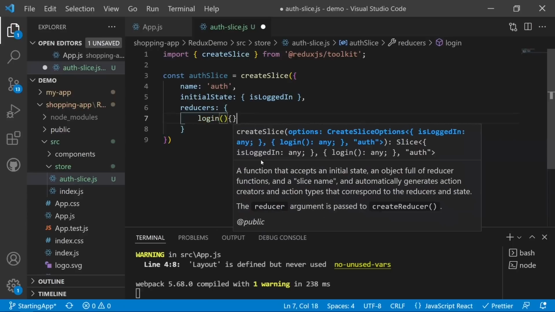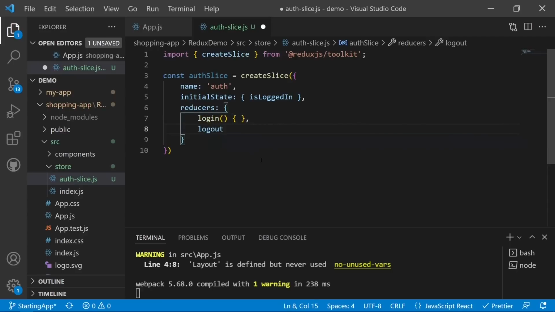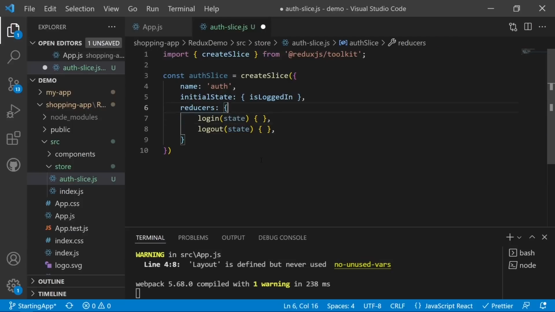So it is now the login function, and then there will be the logout function. So now we have the two functions in the reducers, and now we have to build the functionality. So login will contain the state, and then the logout will also contain the state as the parameter. And now here we are allowed to mutate the state because we are using the Redux.js toolkit and not the